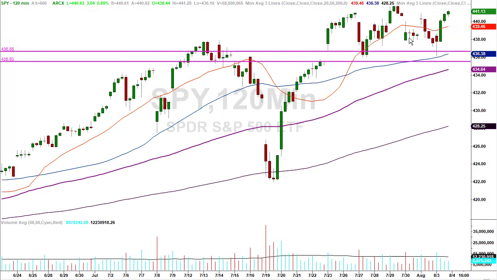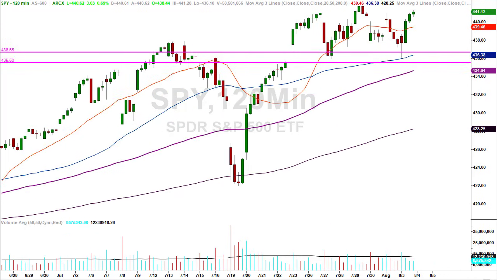That's what happened. About the 120-minute chart. Over here, you could see a couple of different things. It all depends on how you want to look at each individual chart. But here, we had a move down, and then they rallied back to fill the gap right here. And that's a bearish wedgish pattern. And then they went back down, and it played out as it should, or as it normally does under normal garden variety market conditions using the 80-20 rule. 20% of the time, something different's going to happen.